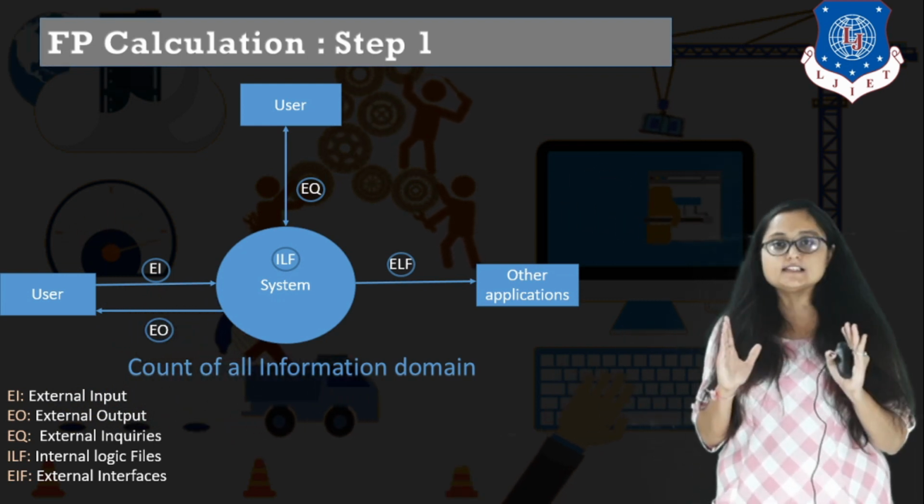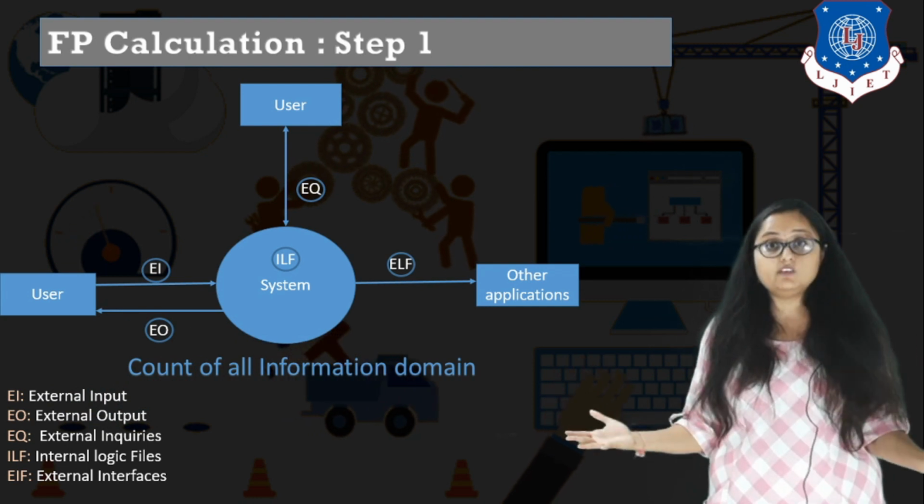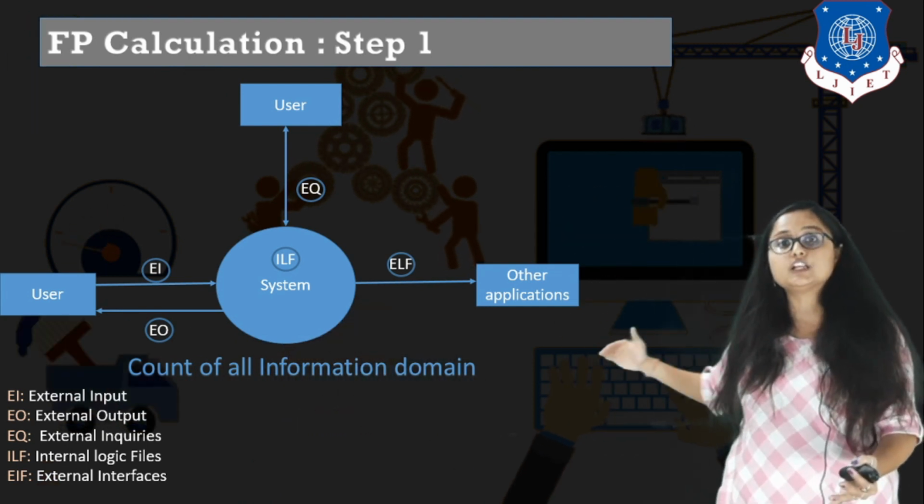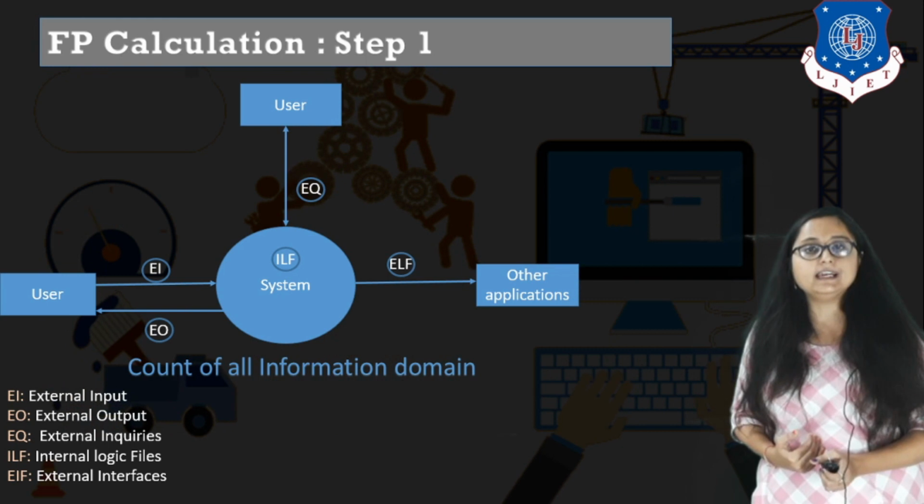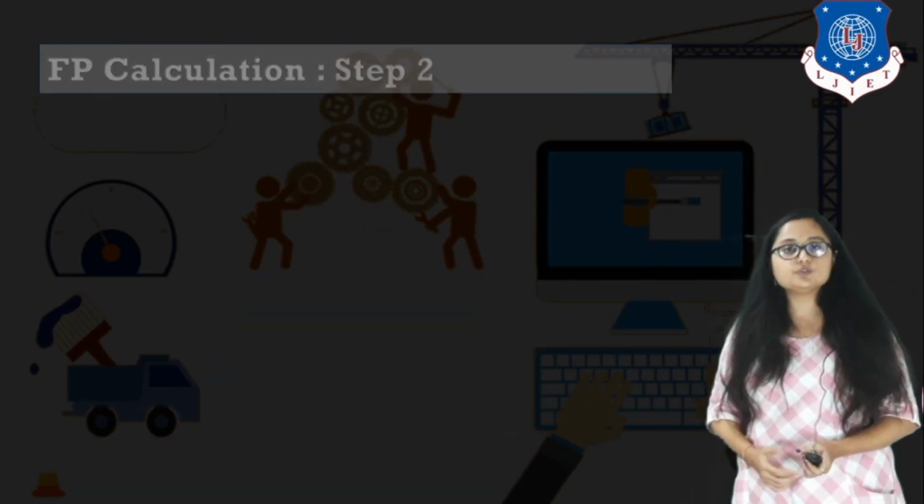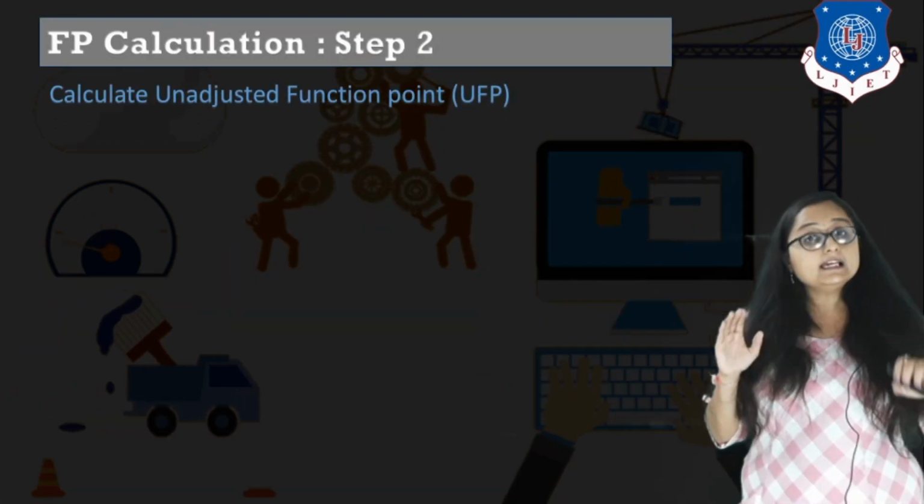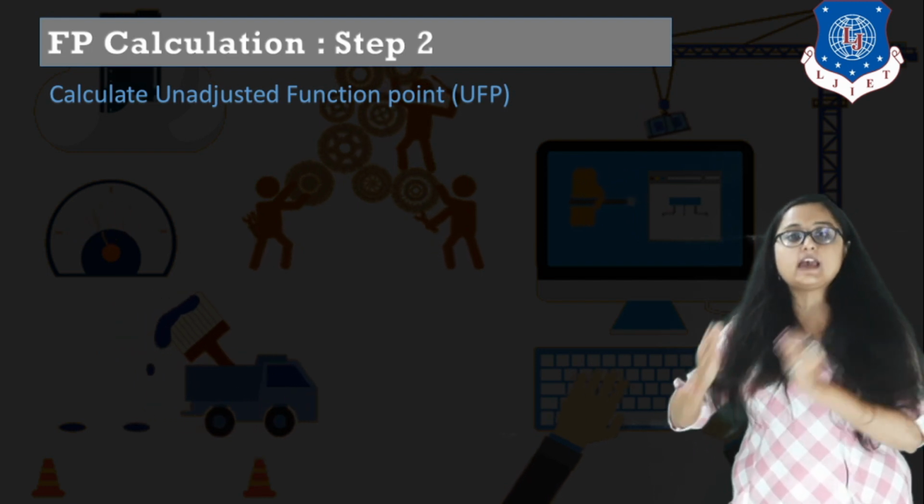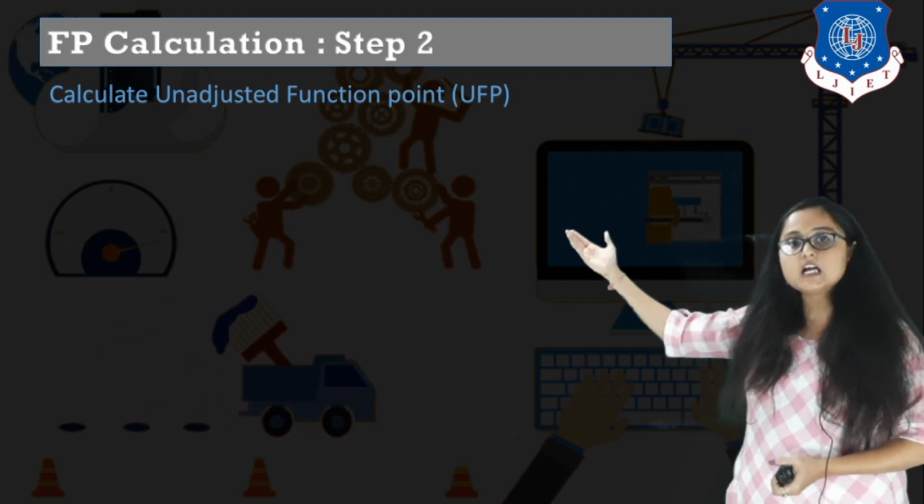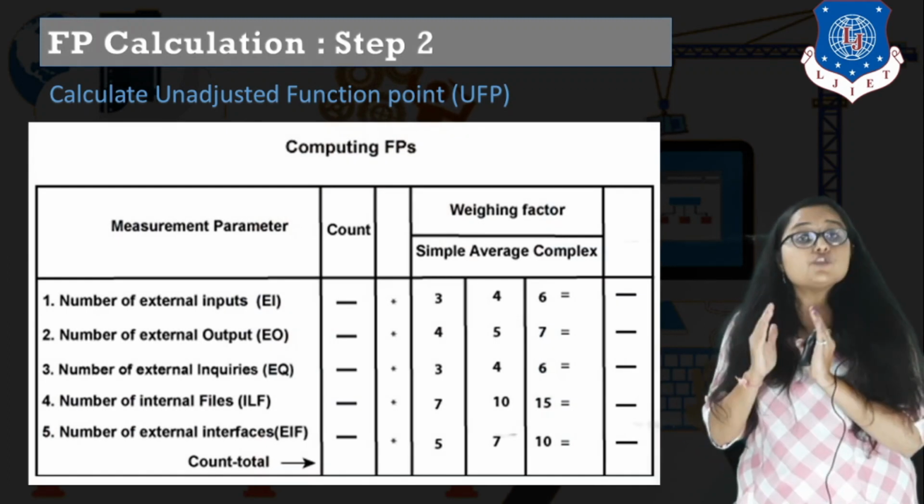So is it clear what step 1 is? After step 1, what will we have? We will have a count related to each of these entities. Okay, now let us jump to step 2. In step 2, you have to calculate UFP. Now, what is UFP? It is unadjusted function point. For computing